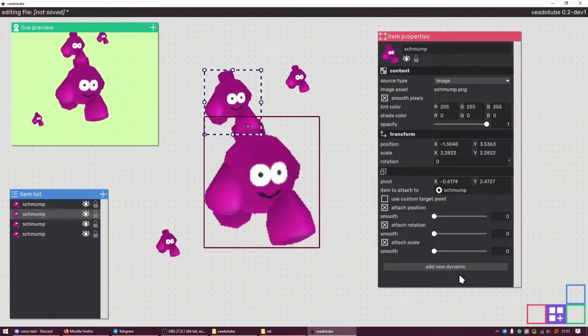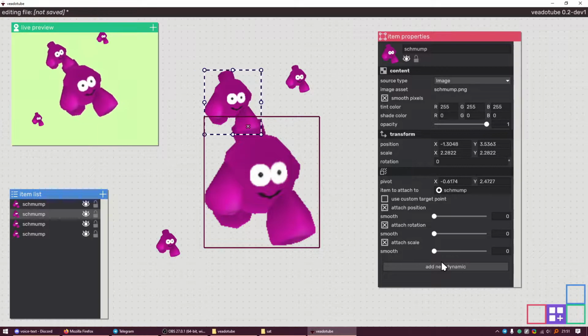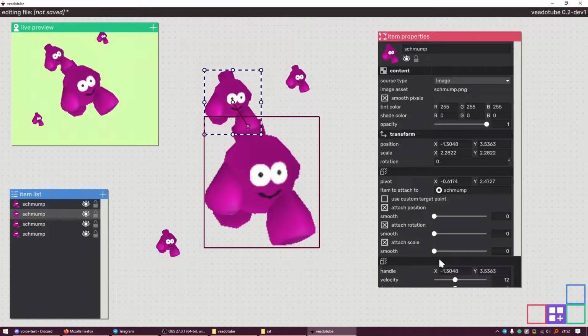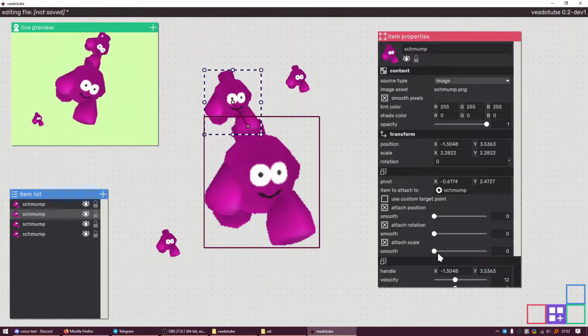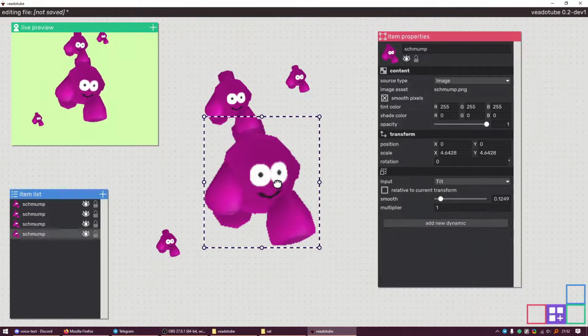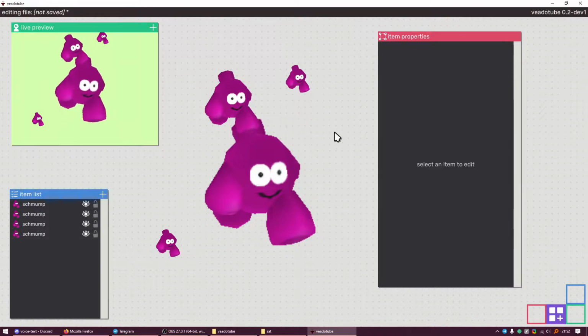But you can also do some other funky rotation, attaching effects, which right now is just spring. Spring makes things elastic. Originally called floppy in the prototype. Yeah, fluffy. These are the only dynamics that are available in this version, and you can build quite a lot of stuff with them already. The other two is basically just a bunch of tools, a big playground where you can put a bunch of PNGs together and attach one to another, or attach one to your webcam or anything like that, and just make things work.